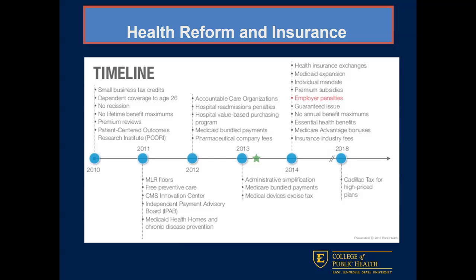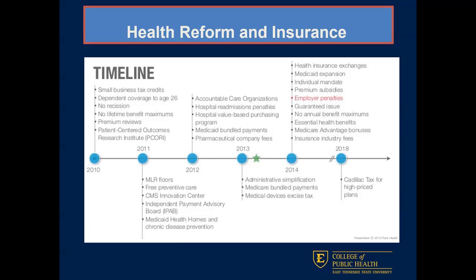Hospital readmission penalties started around 2012 too, so this goes back to value-based purchasing and the value-based purchasing program. And how hospitals are reimbursed now that we're getting away from fee-for-service and more into this value-based purchasing. 2003, we started to see bundled payments come into play. 2014 is when employer penalties started for those employers who did not offer health insurance to their employees. And then in 2018 is when the Cadillac tax for more of your high price plans is supposed to take